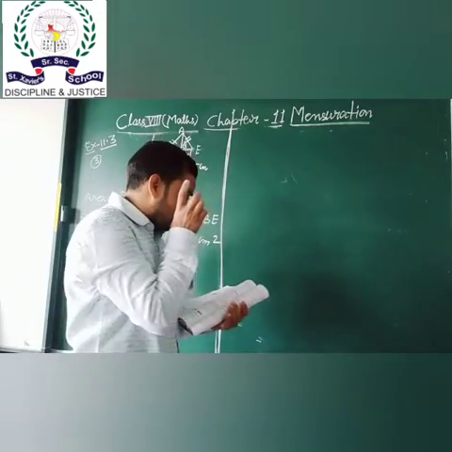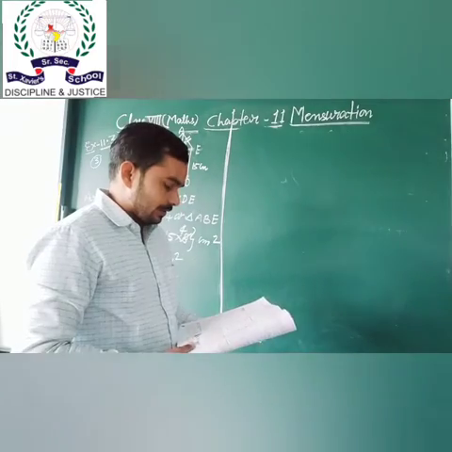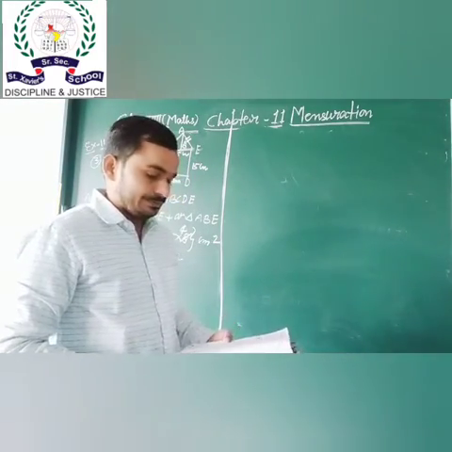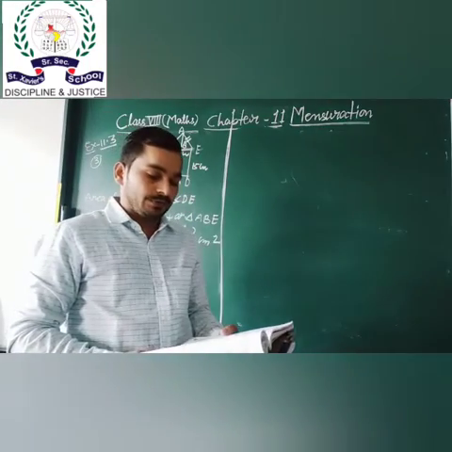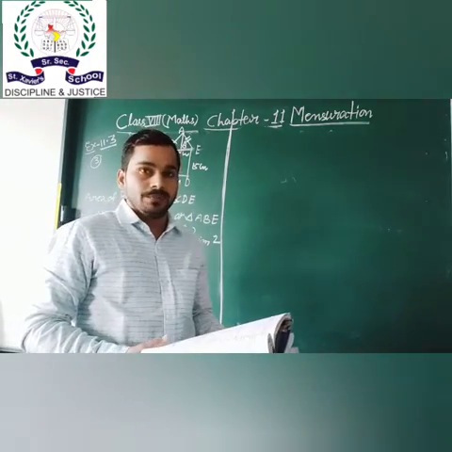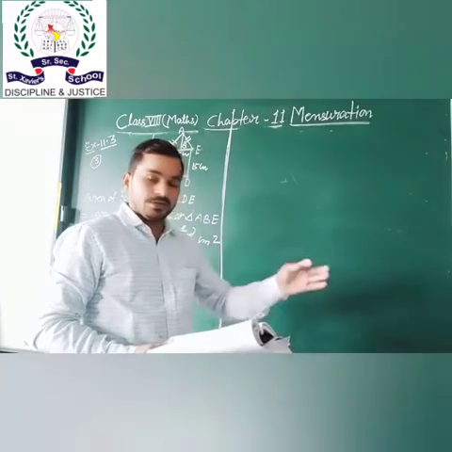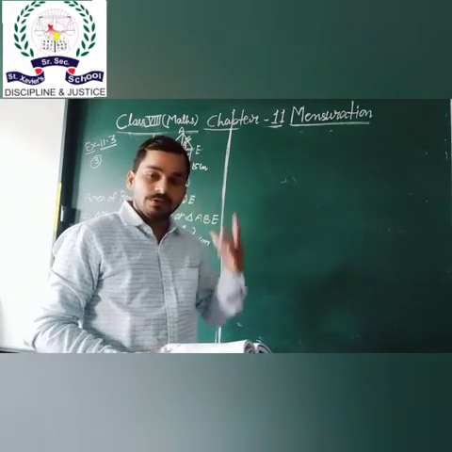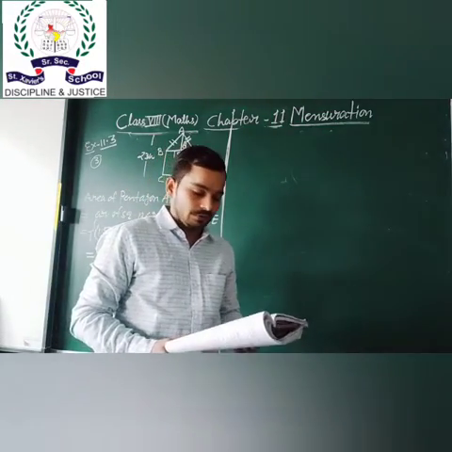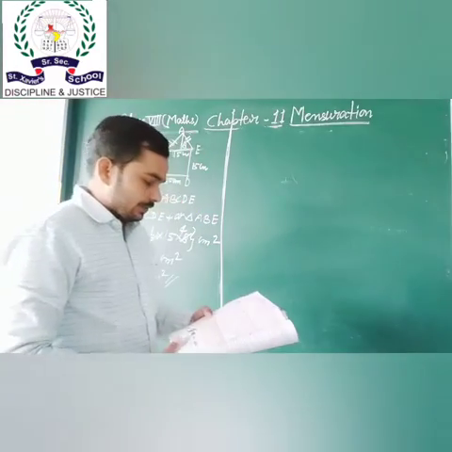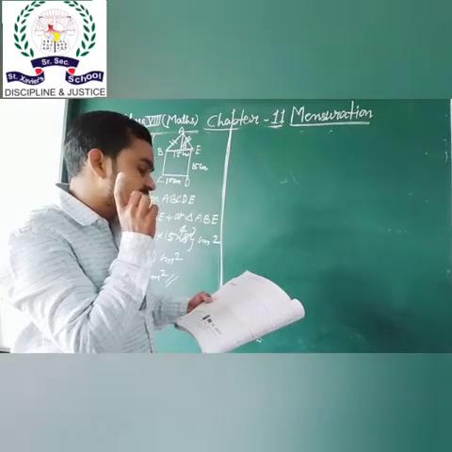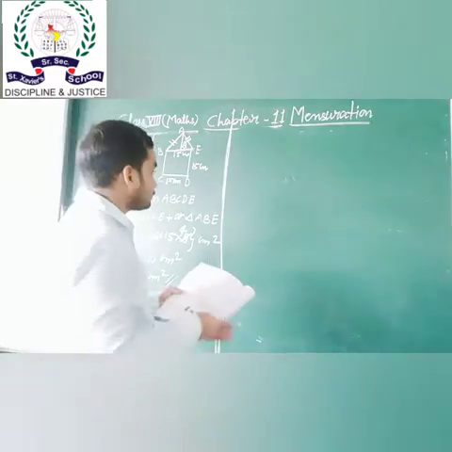In the B part, a regular octagon is given. So we have divided this figure into 3 parts. In the upper part we have a trapezium, in the lower part we also have a trapezium, and in the middle we have a rectangle of length 22 by 10. C part is the same as A part.